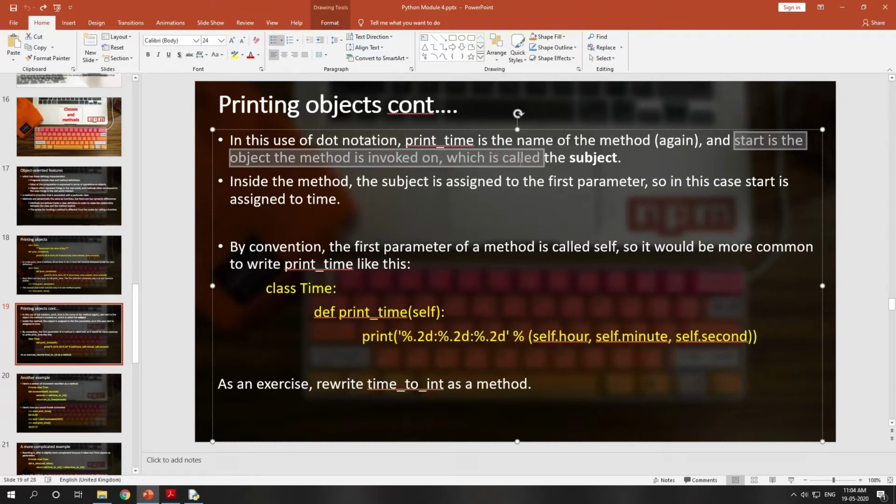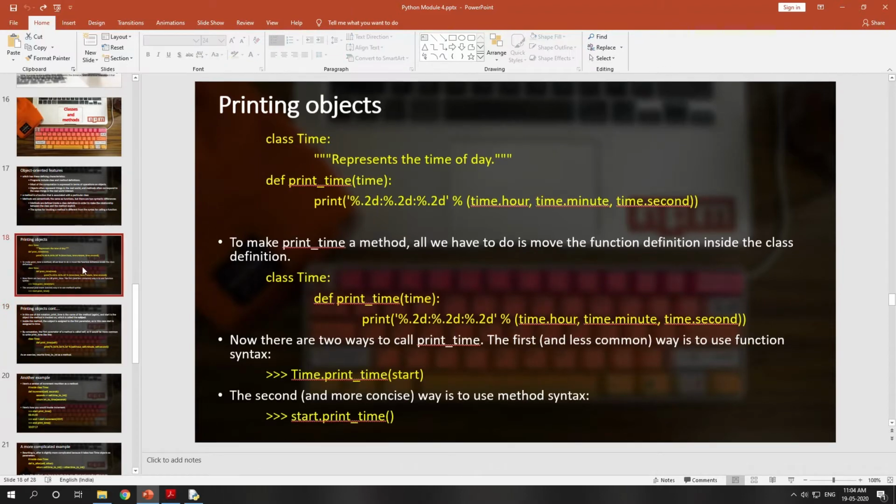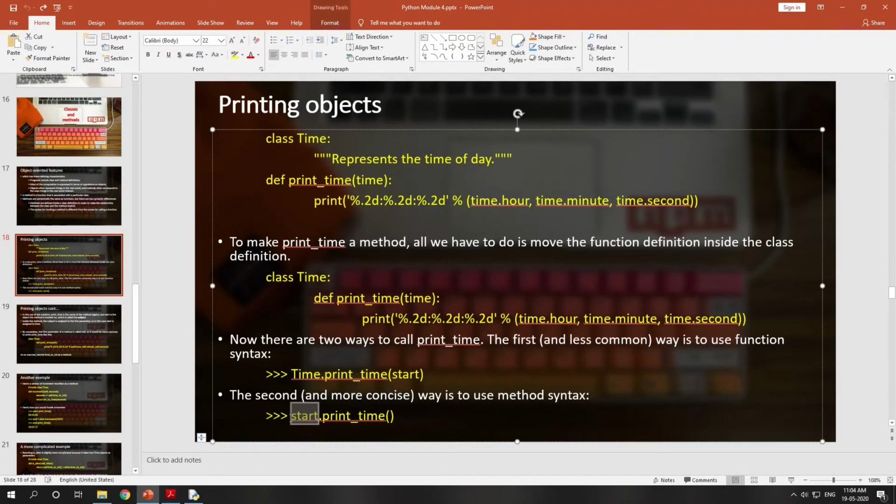We already studied this in Java; it is called the subject. Start is an object of a class called Time, and on this we are calling print time. In this context, start is called the subject. Why? In science also, we perform operations on a subject, right? So here start becomes the subject.